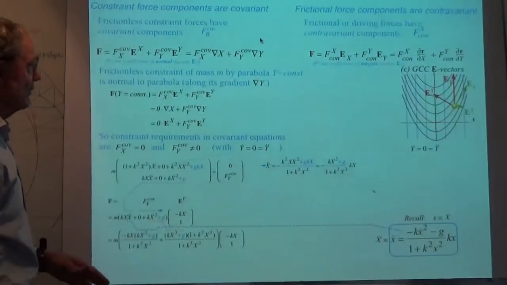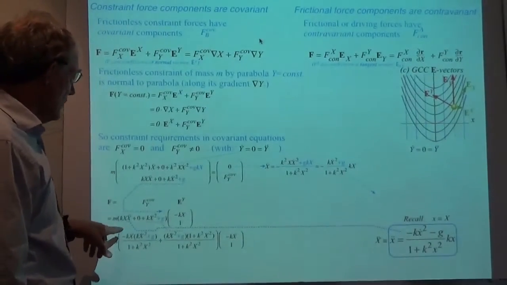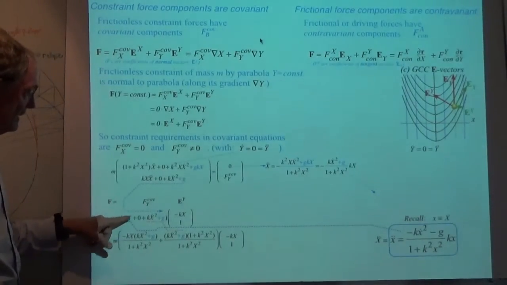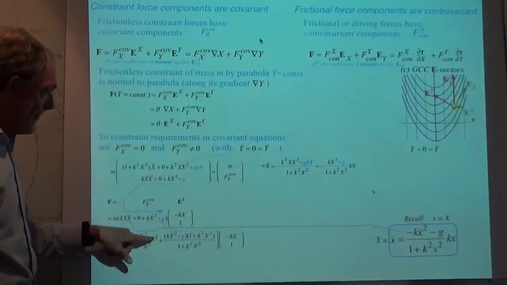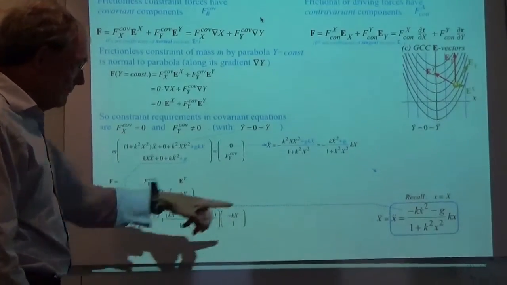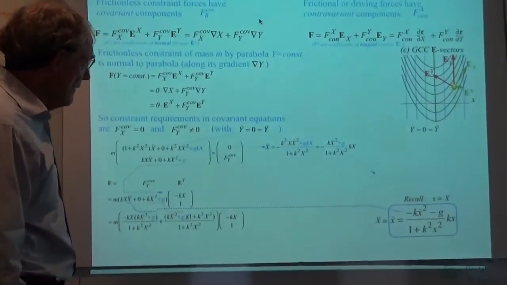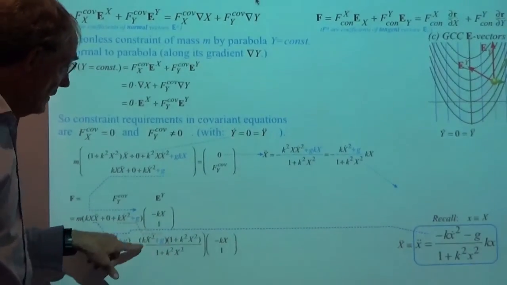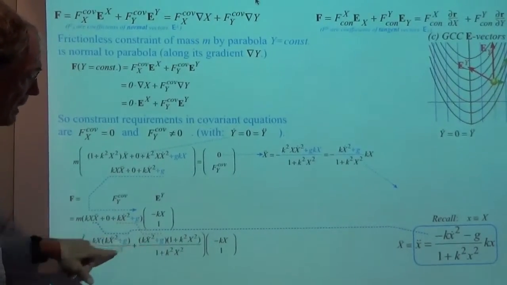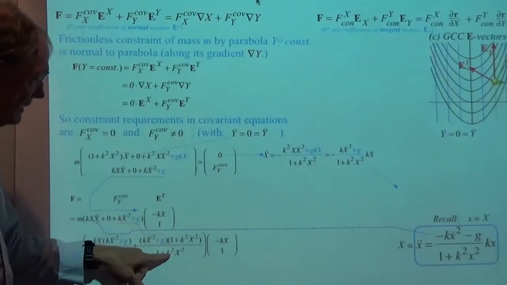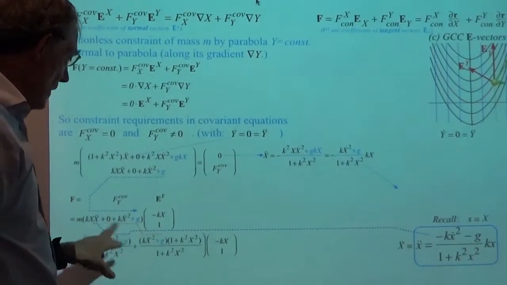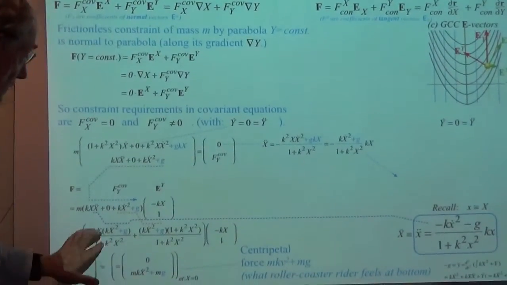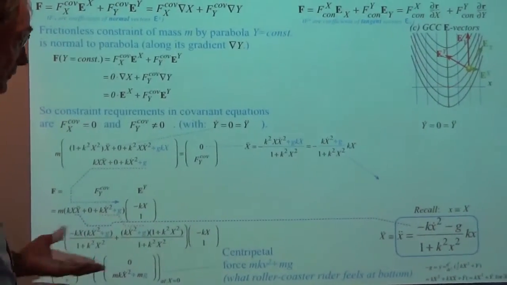Recall the little x and big X are the same thing in this, so there isn't as much complexity. So I'm going to stick that value in right here, and it's of course divided by 1 plus k squared x squared. And then we have this other stuff, already have here. And this time I just made a common denominator, so I multiplied by that just to get something that I can add up. Anyway, that thing is the centripetal force,